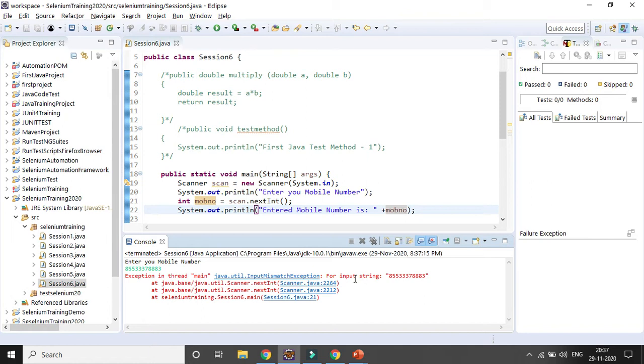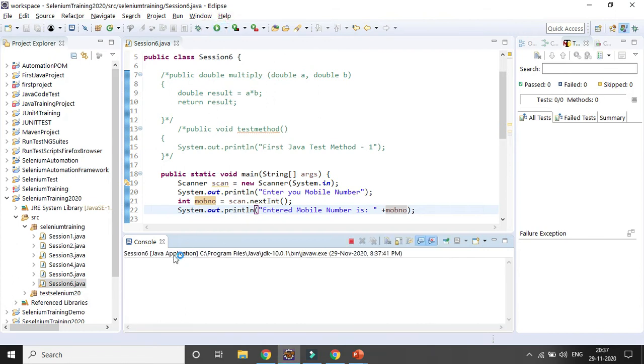Okay, for input string, next, we should use double because it is changing. I mean it is more value, right? We should use double. Okay, so if it is only 1 or 2 words, it will still be fine. Let's enter 1 or 2 words, because it will be an integer value, so it will give you the correct result.